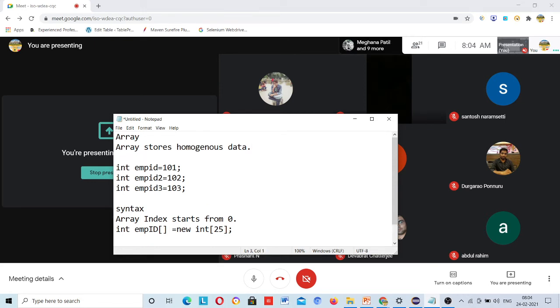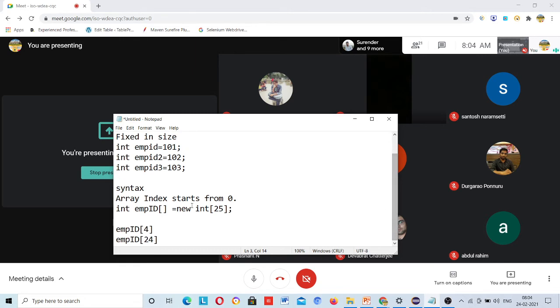Okay, and an array is actually fixed in size. Here, fixed in size means once you declare it, you cannot change its size at runtime. In code you can change it, but that doesn't mean it is not fixed.